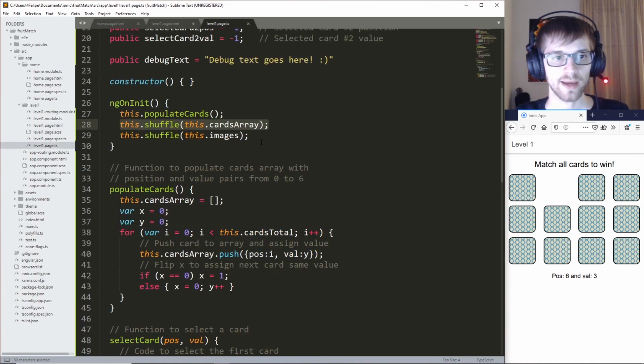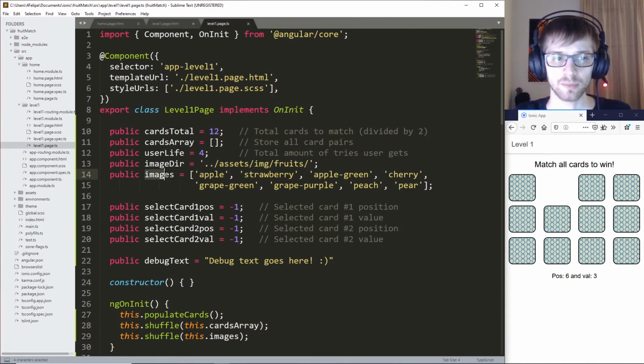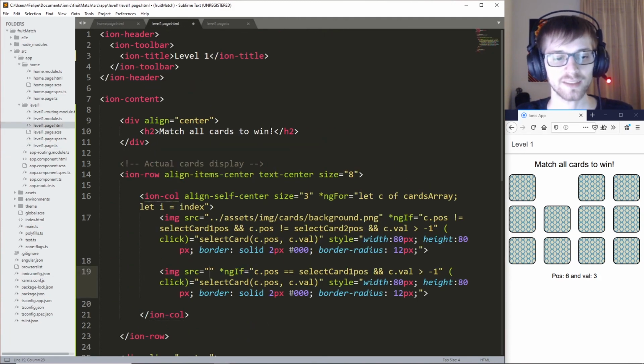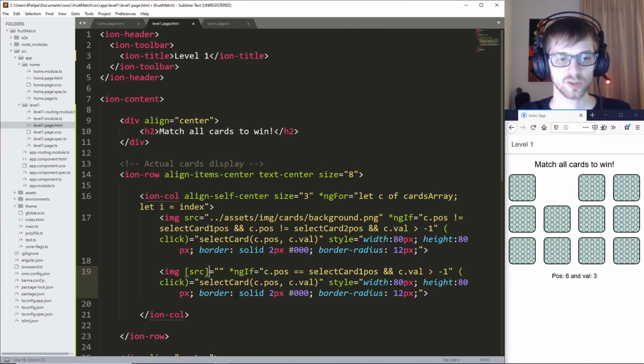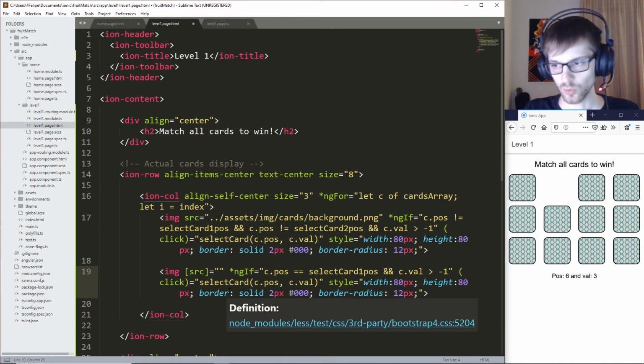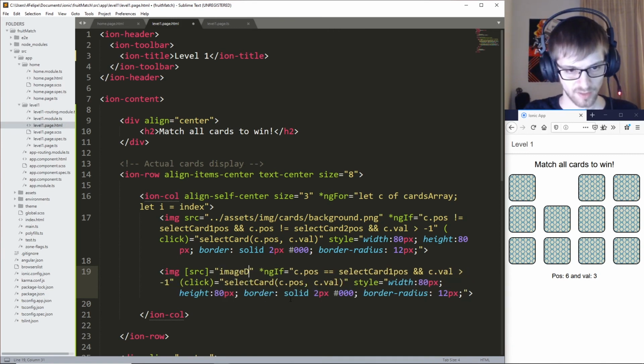Now remember how we have this images array? Well, this happens to be the exact name of the image that we want to display. And we also have the image directory that we want to display. So with that said, we can do a source tag like this, and that's going to resolve the variables that we use inside of the double quotes. So we can just do imageDirectory,